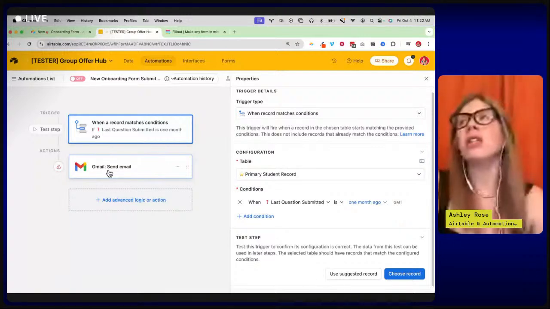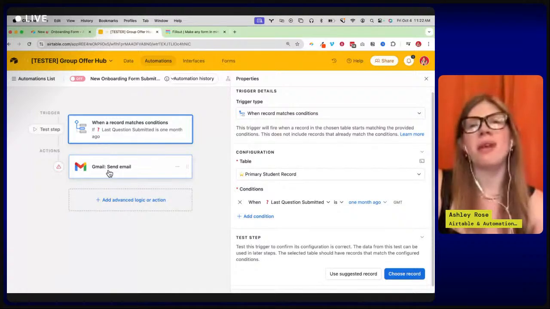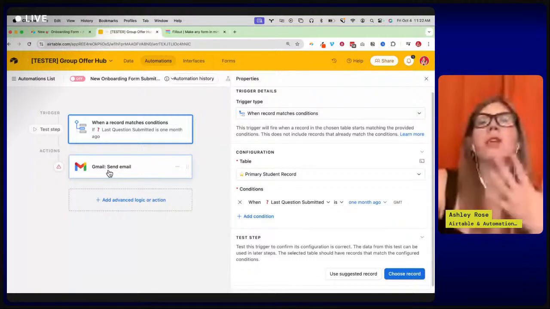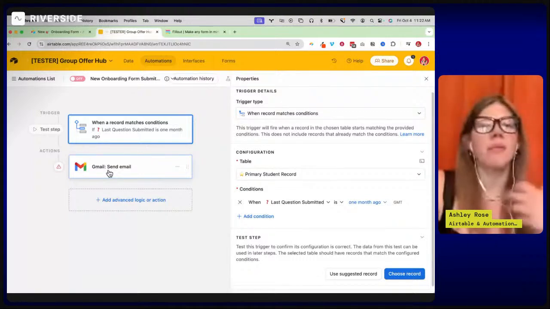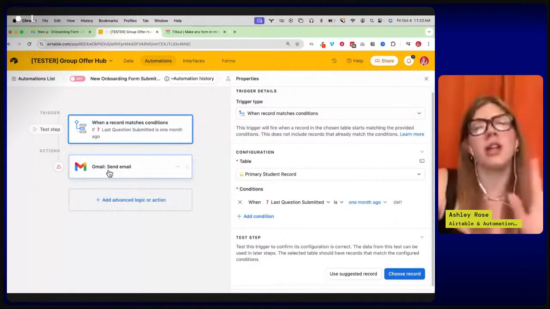It's just so easy to rebuild Google Forms that it doesn't make any sense to keep your Google Forms and zap them in. I would just always rebuild those right into Airtable. But if you're using Typeform and you have them super branded and already integrated, then I'm a little more lenient on that.